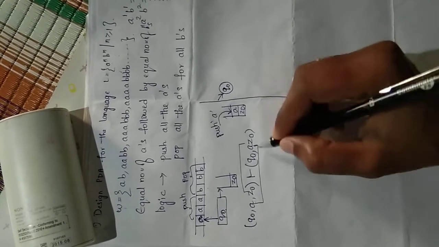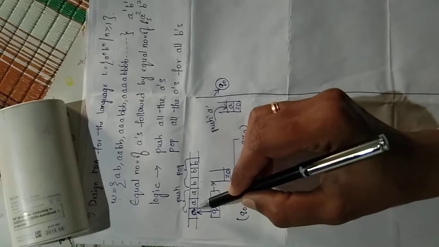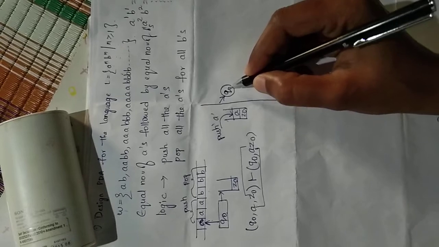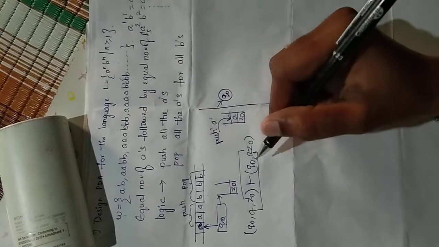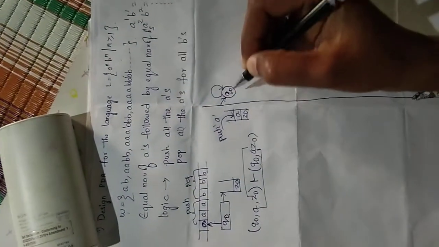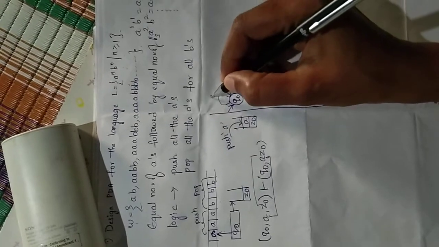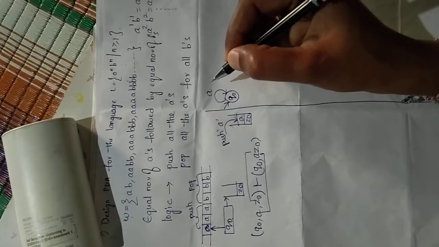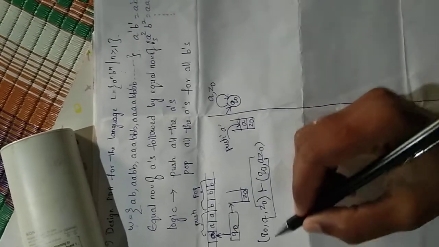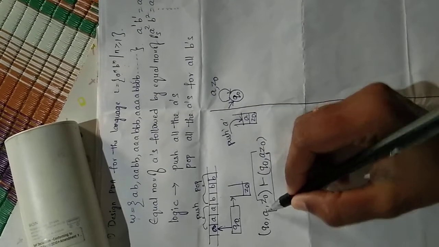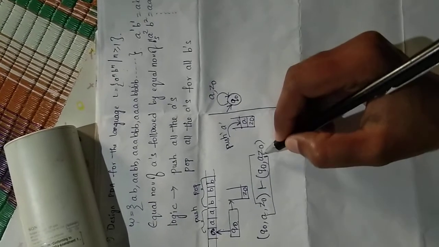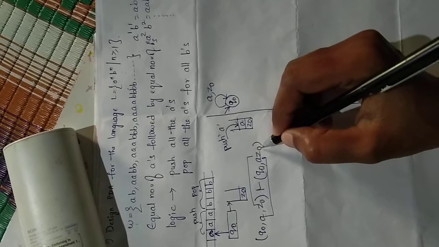A followed by Z0. Now this is the ID for the first input symbol. So Q0, A, Z0. From Q0, I want to take the A input symbol and Z0 symbol. It is going to the same state, which means you have to take the loop. So Q0, the input symbol is A, and the stack symbol is Z0. What you have done here is push the A symbol into the stack.